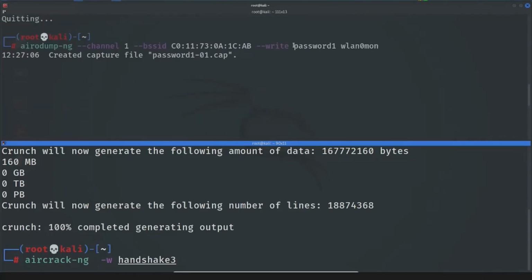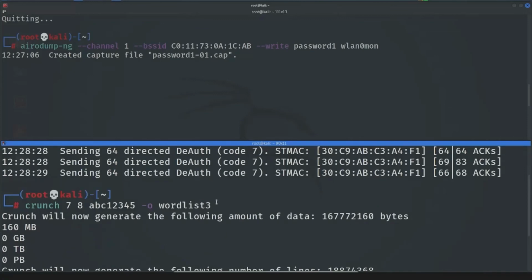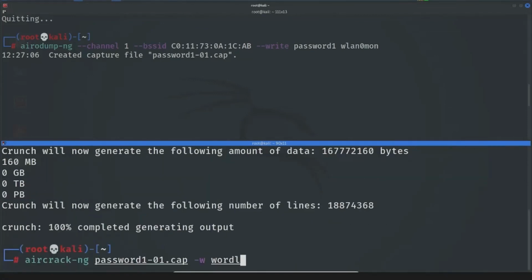That's password1, this password1-01.cap. That's the cap file. And then the name of the word list, which is wordlist3 this time. So let's hit enter.